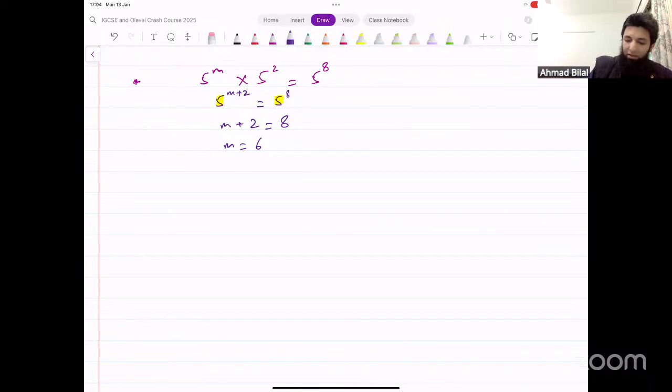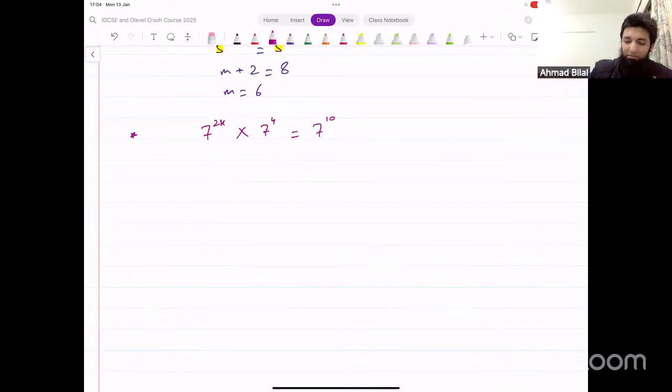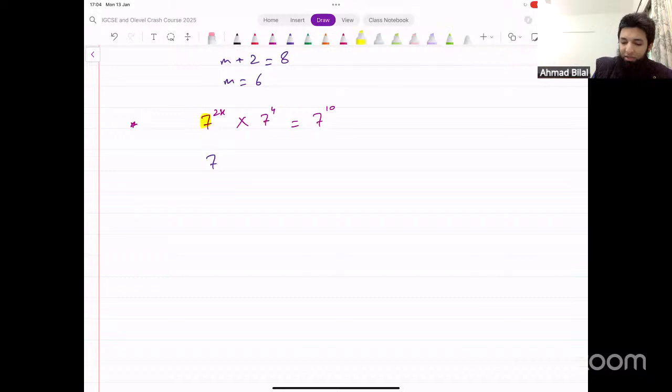Okay. If you have, for instance, 7 raised to the power 2x multiplied by 7 raised to power 4, and that is equal to 7 raised to power 10. What about this? Again, on the left side, the bases are the same, and we have multiplication like this. What happens? You can add the powers, so it becomes 7 raised to power 2x plus 4 equals 7